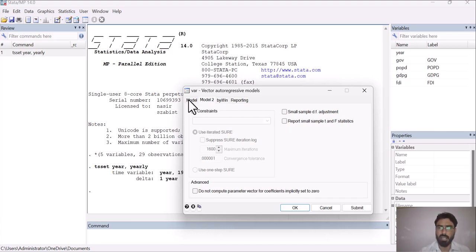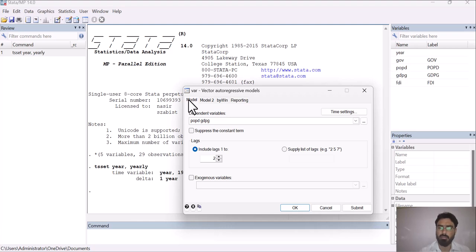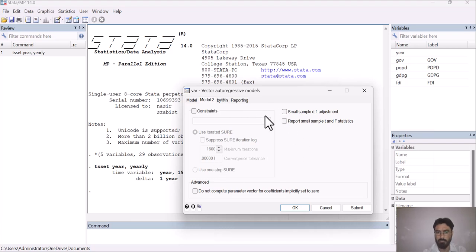But in our case, we have data of more than 20 to 25 years. Here you can see that we have data of approximately 30 years. So we are not going to change anything from this, but keep in mind that if you have a small sample size, then you have to check both of these options.